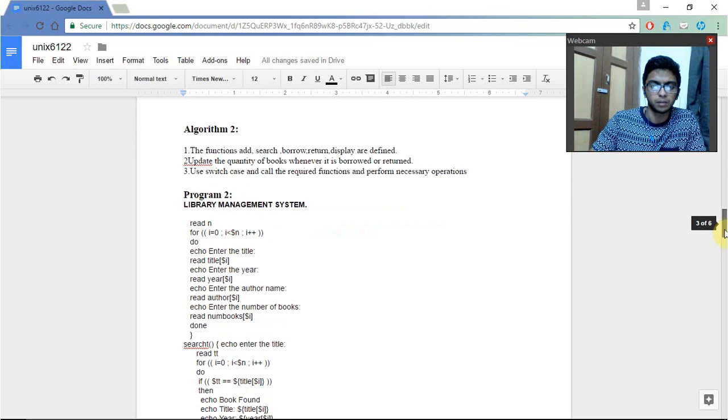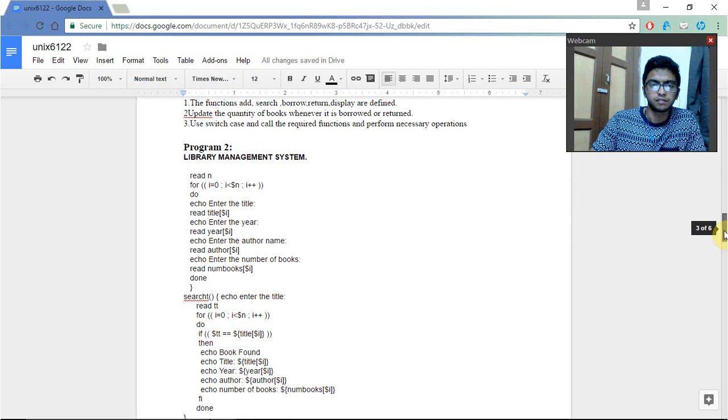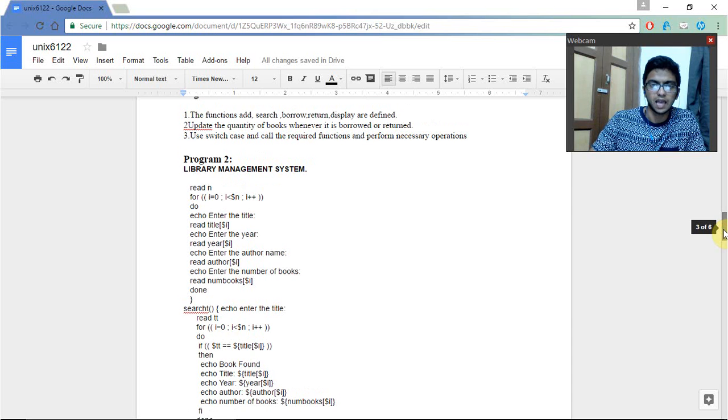Moving on to our library management system, we have the functions add, search, borrow, return, and display. We also have to update the quantity of the books whenever it is borrowed or returned. This is done through a switch case and call statements, calling the required functions and performing the necessary operations. First we read n, and for i equal to 0, i less than n, i plus plus,